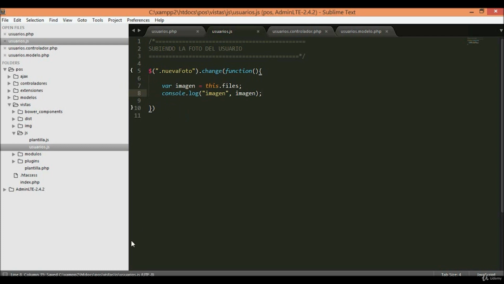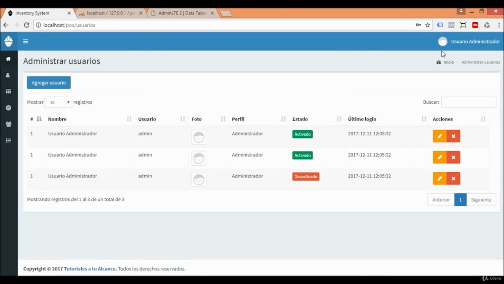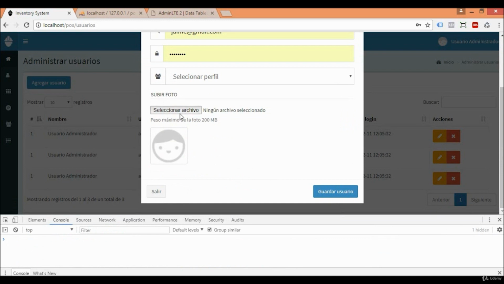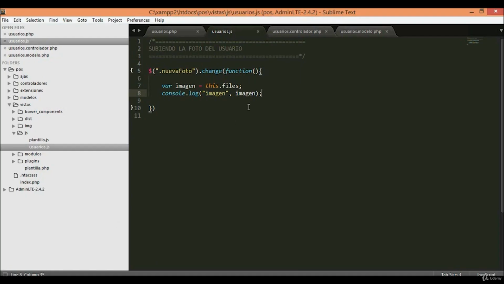Let's do this. Control Shift Q to make the console. We update, we just clear cache, we add user. We inspect the console, and we select a picture, and it brings a lot of properties of the file in the zero index. If I get the index 0,